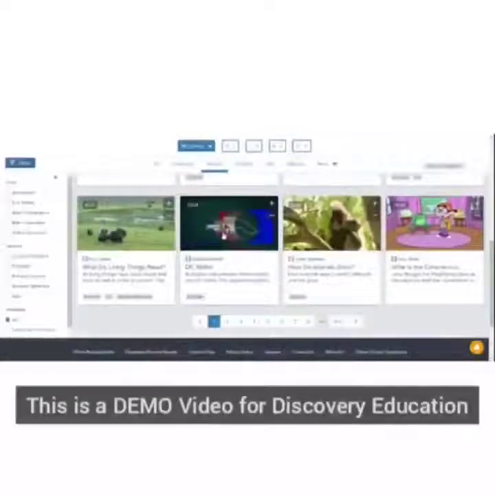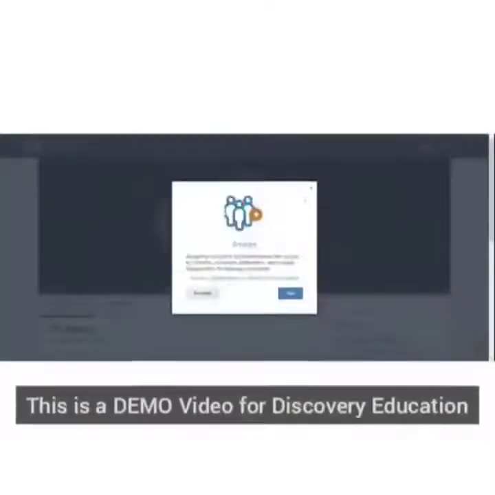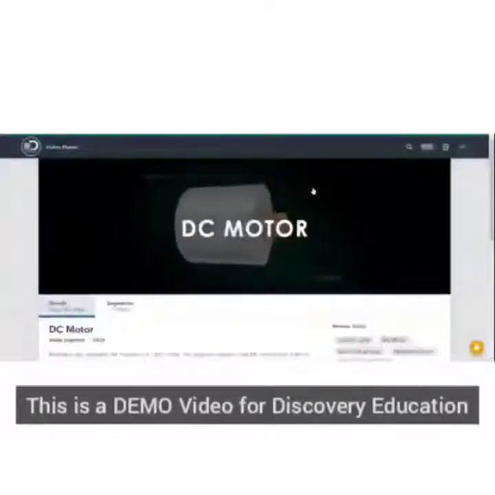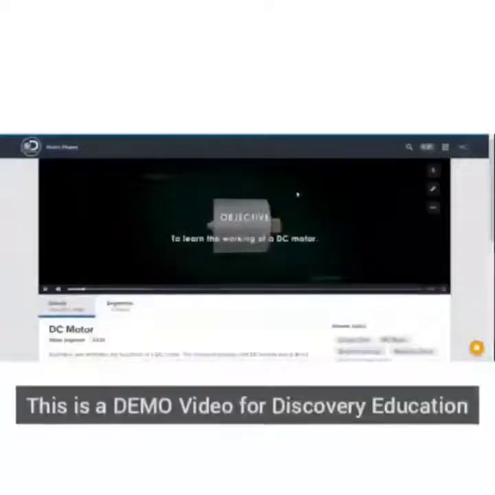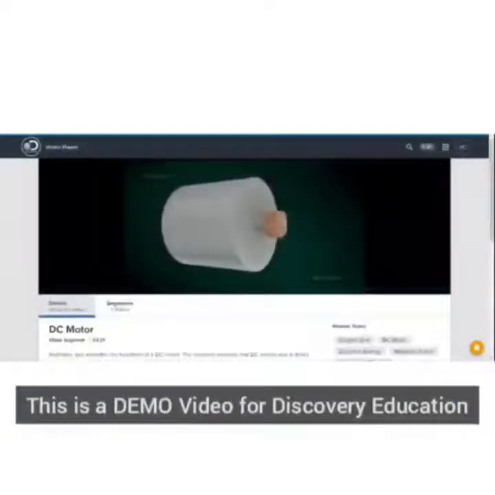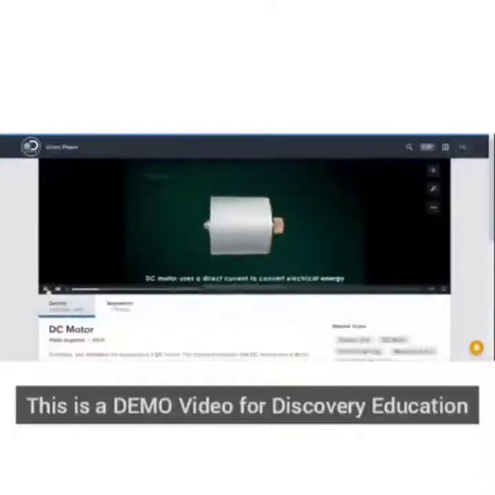So the child can actually watch how a DC motor actually works. Because these are things that can be a little confusing for children. DC motor. Objective: to learn the working of a DC motor. A DC motor uses a direct current to convert